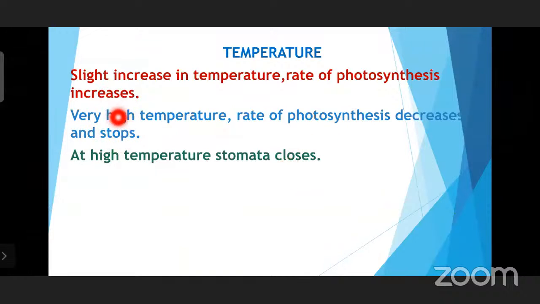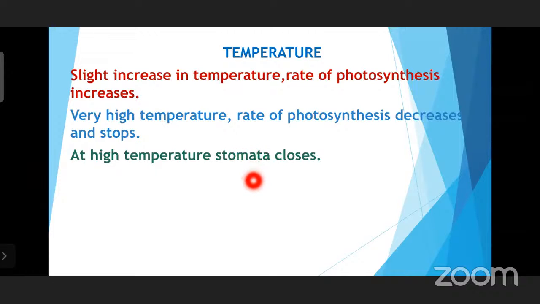As the temperature increases higher and higher, the rate of photosynthesis will decrease and stop, because the stomata will get closed. Only with a slight increase in temperature will the rate of photosynthesis increase. At very high temperature, it slows down and stops, because the stomata are closed by abscisic acid, which is a plant hormone or phytohormone that closes the stomata to prevent the loss of